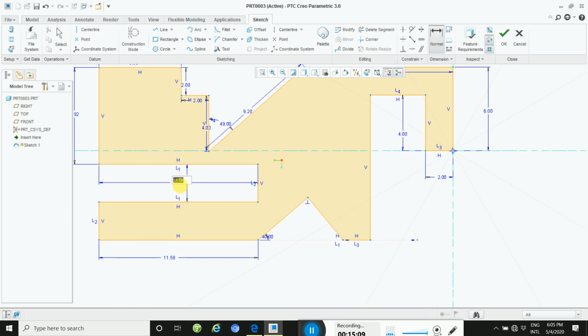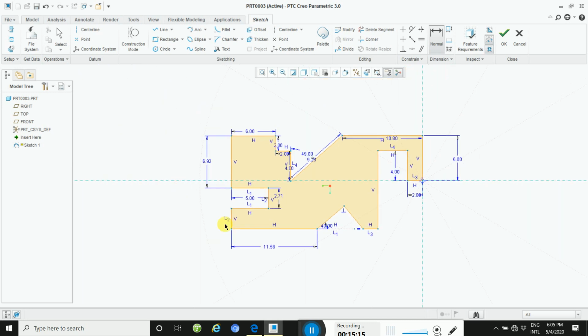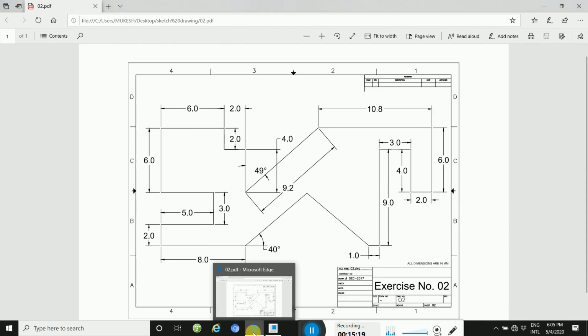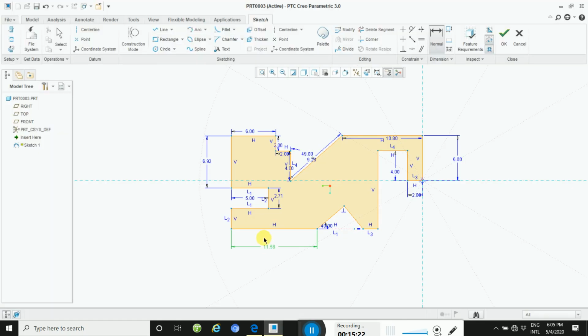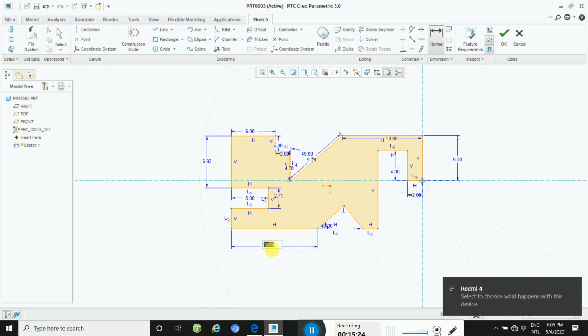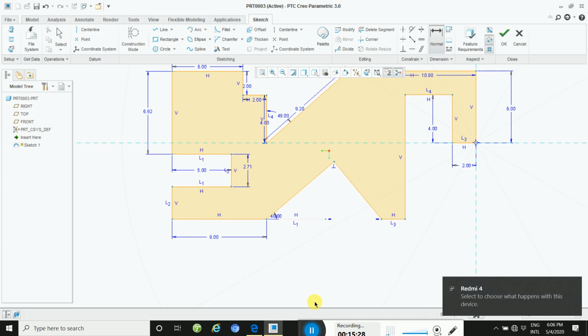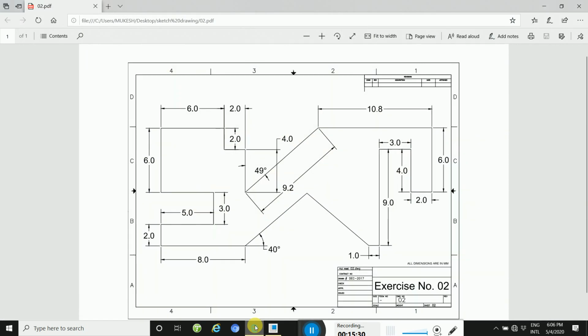So how to change? 5, I think 5, and also here check there 8. Check that all the dimensions, the 3s, are defined.